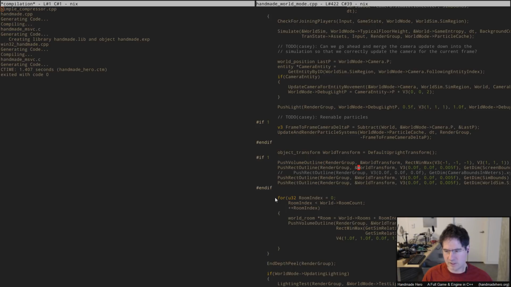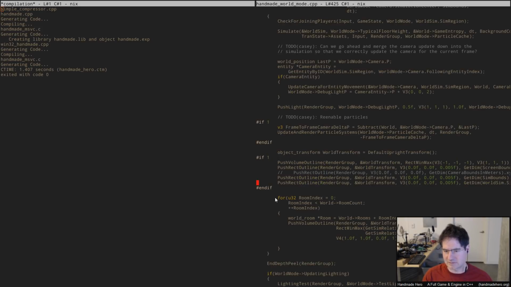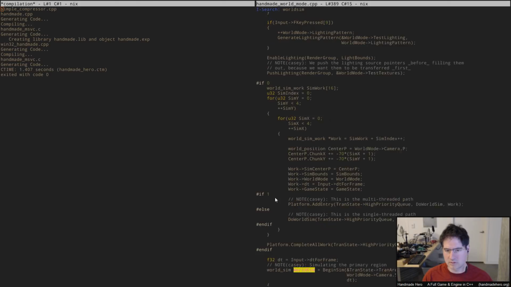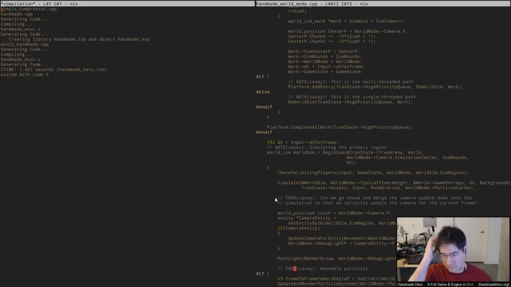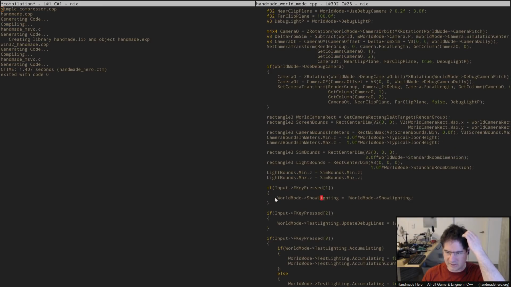So what I was trying to do there is see what the world bounds were. And in fact, I can do a push volume outline here if I wanted to. I probably should in the future. But if I look at the world sim bounds, I'm not seeing them. So as far as this is concerned here, we're definitely getting